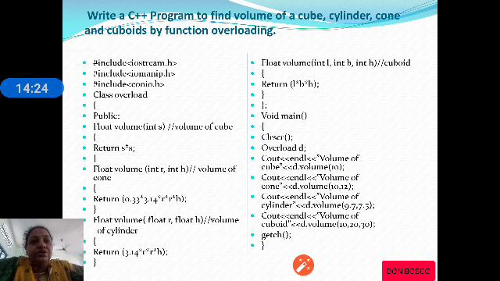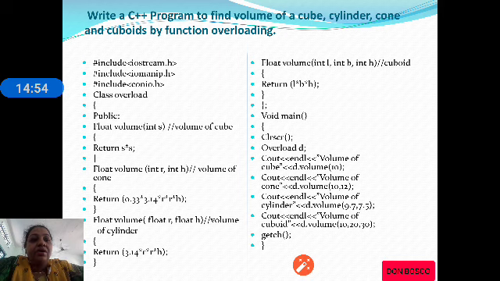So let us go through the program again. Class overload has four functions and all four functions have the same name, volume. The first volume function has one argument, the second volume function has two integer arguments, the third volume has two float arguments, and the fourth volume function has three integer arguments.